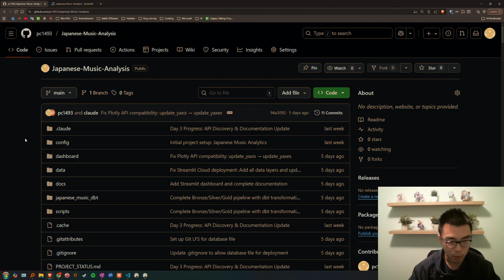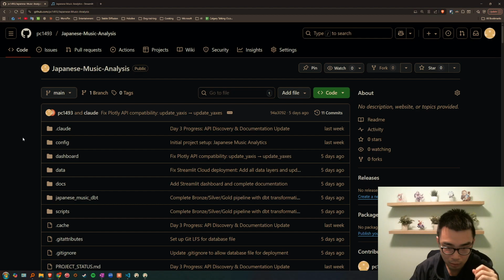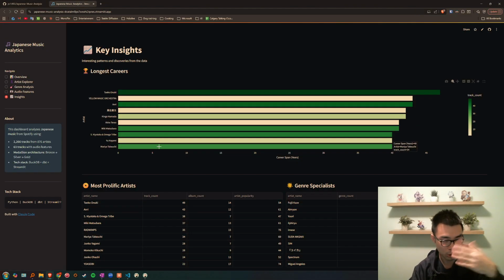Now let's take a look at the repo itself. So this repo is basically the entire app. We're dealing with getting the API from Spotify, pulling the data out, enriching the data with AudioBrain, and then dumping that into a database. And then we use dbt to transform the data to create models, following a medallion architecture, which is data engineering in the big corporate world. We have bronze, silver, gold. And then eventually your product, which is your dashboard.